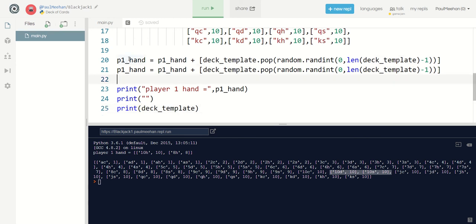So again, I'll just explain this to you. Player 1 hand, which starts off as empty, is equal to itself plus a new mini list, because I've put 2 square brackets around everything. And that is from taking an item from deck template, which we're going to pop out of deck template. So we're going to pop it out and put it into player 1 hand. What item we want from deck template to be popped is random. It's a random integer. So that's from 0, okay, with the comma there means to however long deck template happens